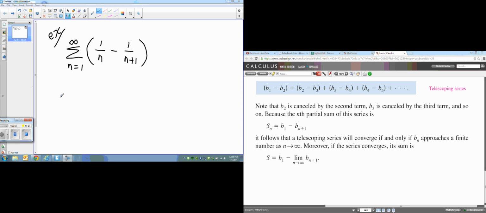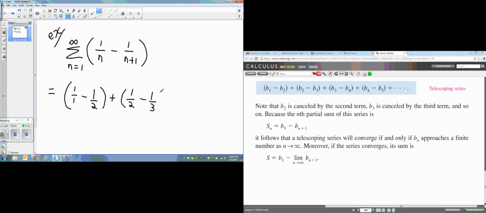Okay, so now let's examine this series. The terms of this series would look like this. The first term would be the difference 1 over 1 minus 1 over 1 plus 1, or 1 half. And that would be the first term. And to that I would add 1 over 2 minus 1 over 2 plus 1, which is 1/3. And to that I would add 1/3 minus 1/4. And you'd continue in this fashion